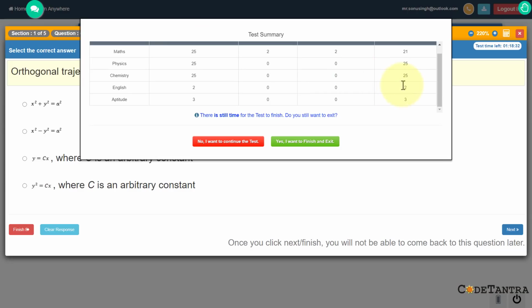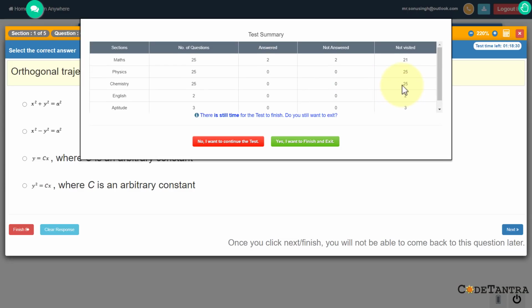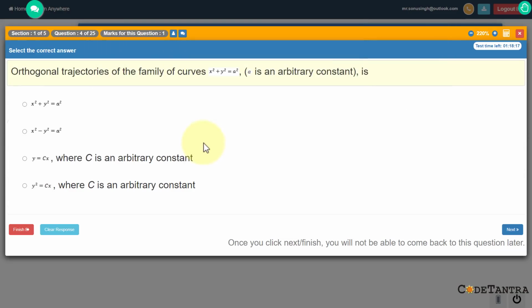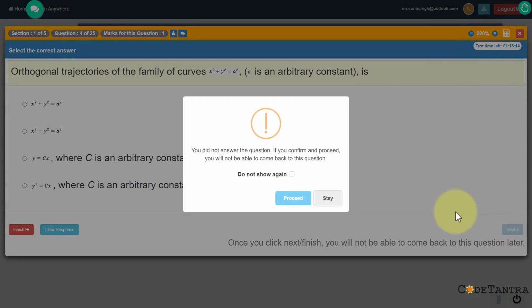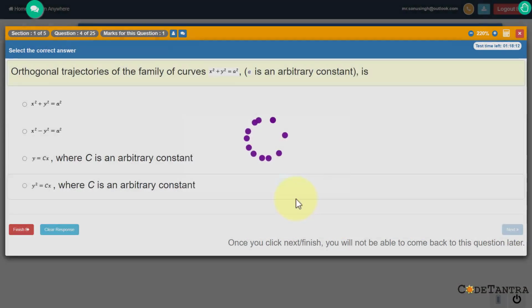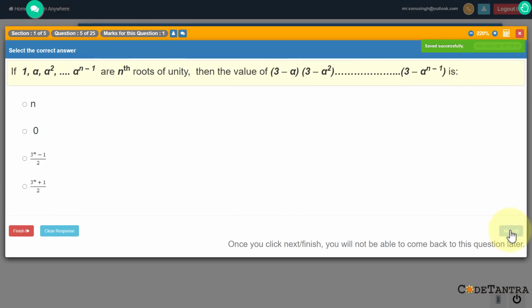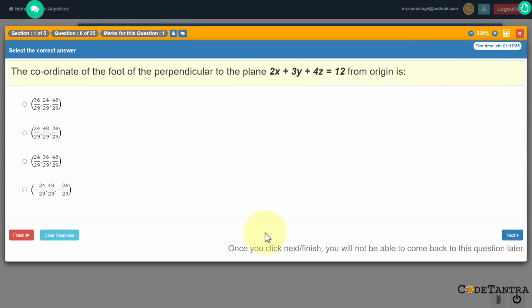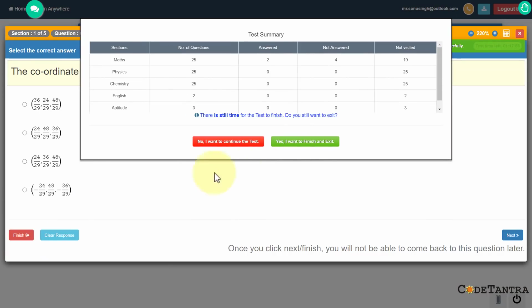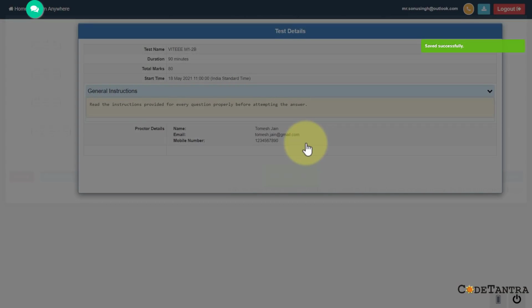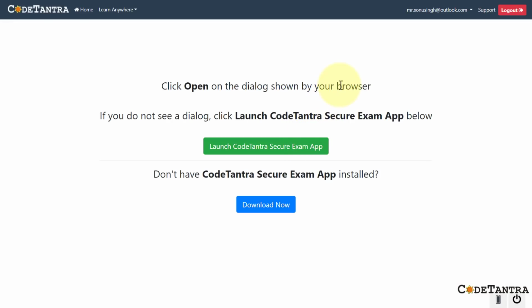So this is the grid where I can see section wise where I am at any point of time. Once I'm satisfied with this, I'll click on yes, I want to finish and exit. And if I want to continue answering the remaining questions, I can select no, I want to continue the test, and I'll keep moving forward. I'm going to disable it now and proceed. So this way you can keep going forward and keep answering your questions. Once done, click on finish, verify these details, and select yes, I want to finish and exit,